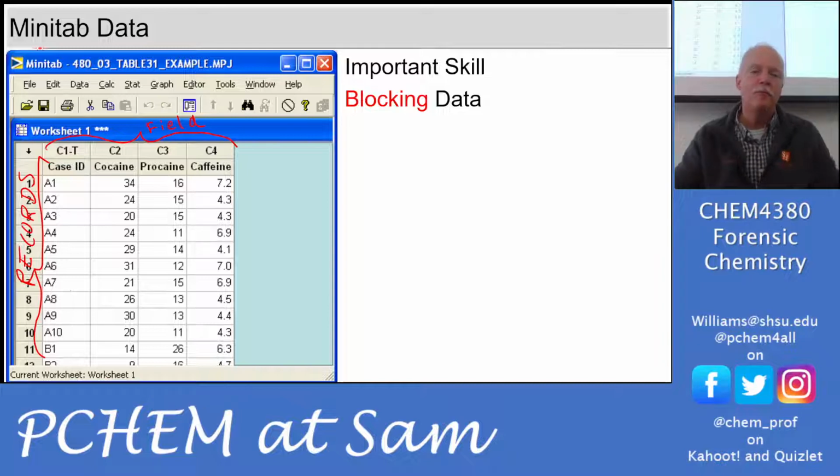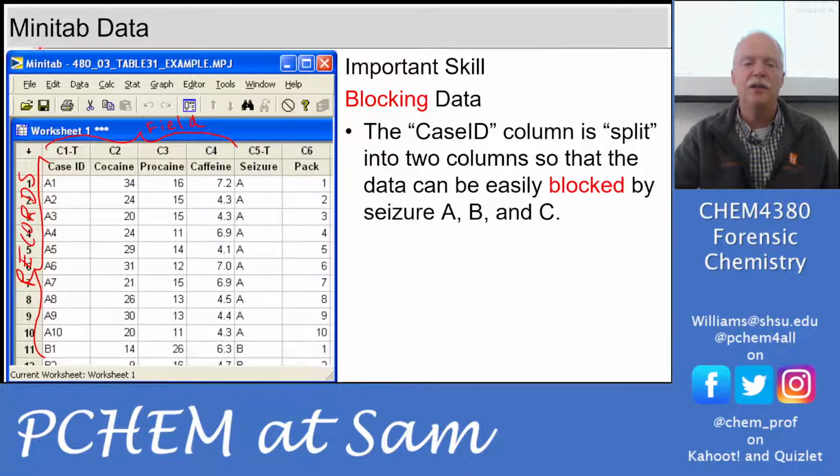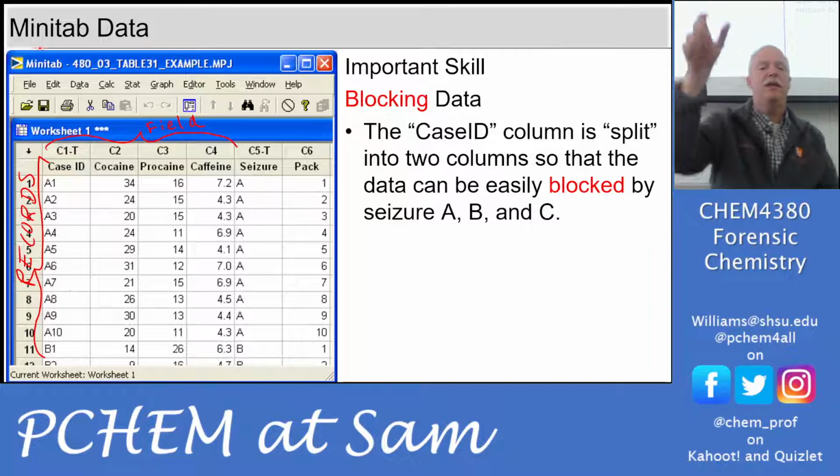Okay. So what we want to do is take that case ID, which is the unique identifier. It has information in it, and we want to split that information out into new fields. So we want to create two new columns. The case ID column is split into two new columns so that the data can be blocked by seizure A, B, and C. So we create a seizure column,